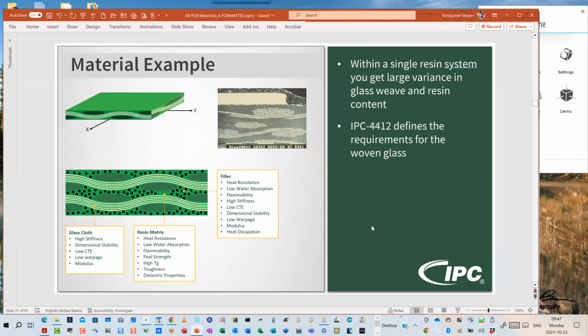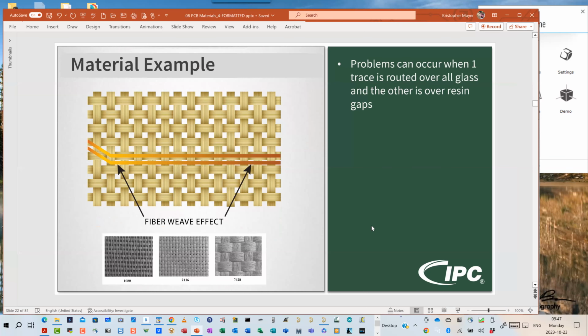Great question. Okay, now, speaking of the weave pattern we were just talking about, the warp and fill per inch in the 4412. What we're going to find when we get to signal integrity is that the thinner sheets, the thinner layers with the higher resin content, do far superior for us from an electrical and a signal integrity point of view. However,